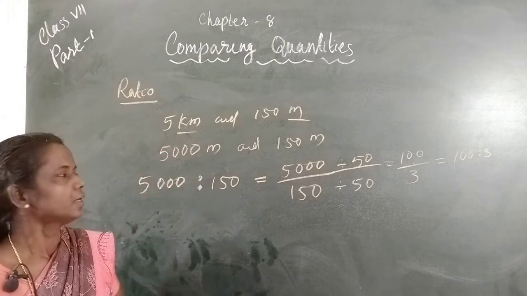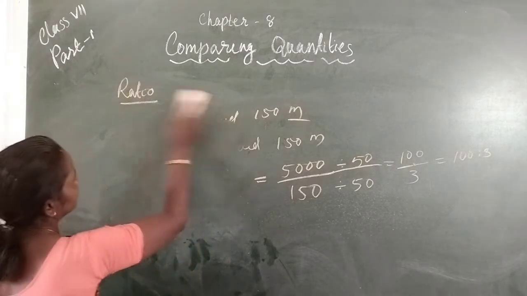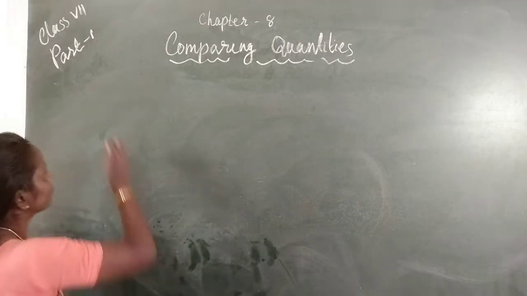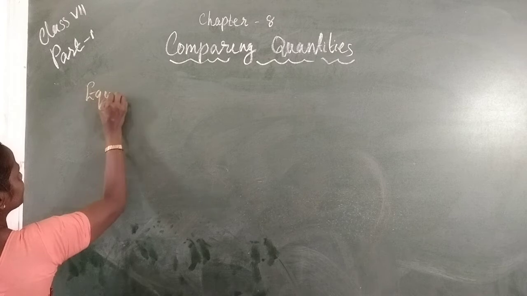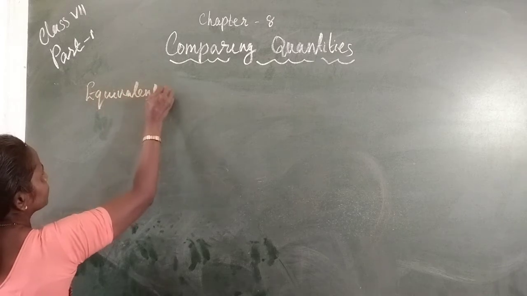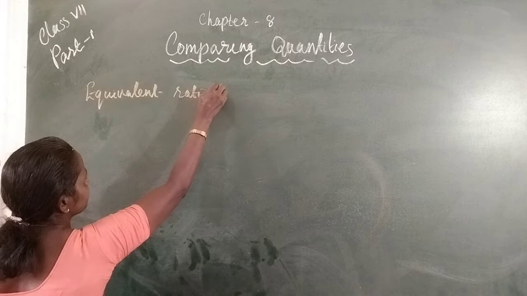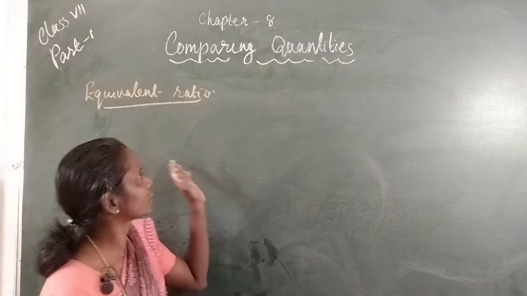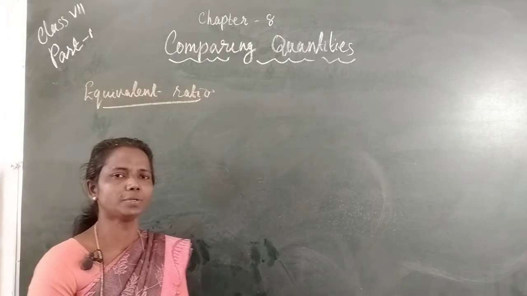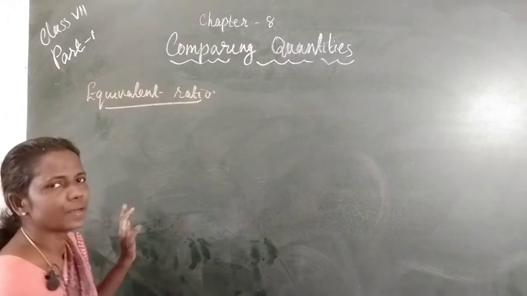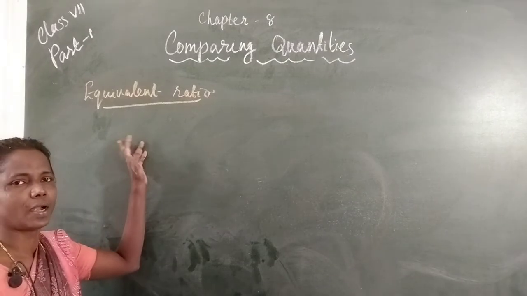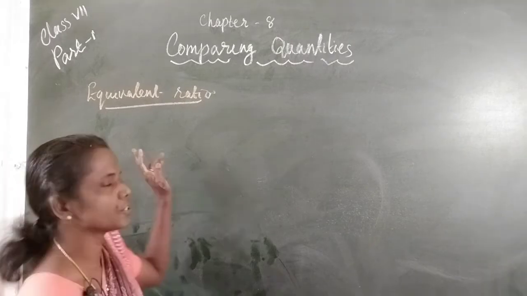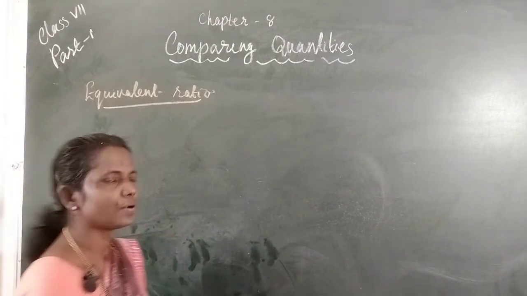Find out the ratio. The next topic is equivalent ratio. How to write equivalent ratio? It means when we compare two different ratios, first these ratios are converted into like fractions. If these fractions are equivalent, we can say these ratios are equivalent ratios. For example, look,